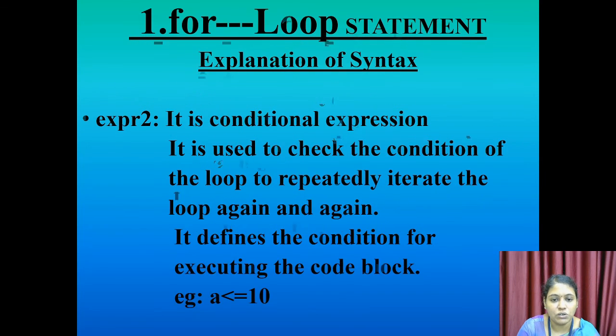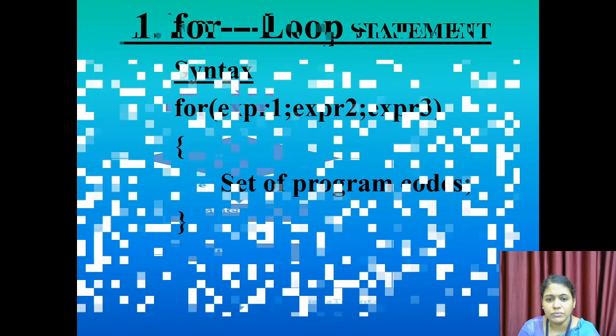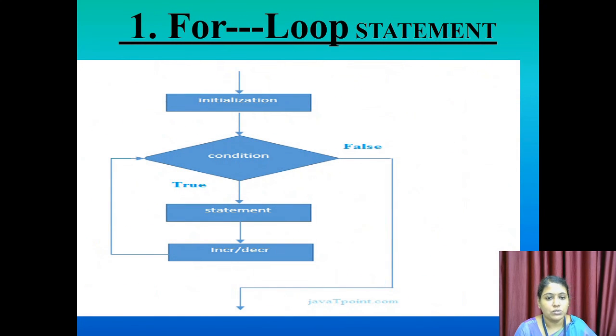Now we see the structure of the for loop. This is the structure of the for loop. The arrow marks show the flow of the program. The flow of the program comes from the top and goes to the initialization, which indicates expression 1, where we initialize the value of the index variable. After that, the program control comes to the next one, the condition expression, where we have some condition that may be a logical or relational condition.